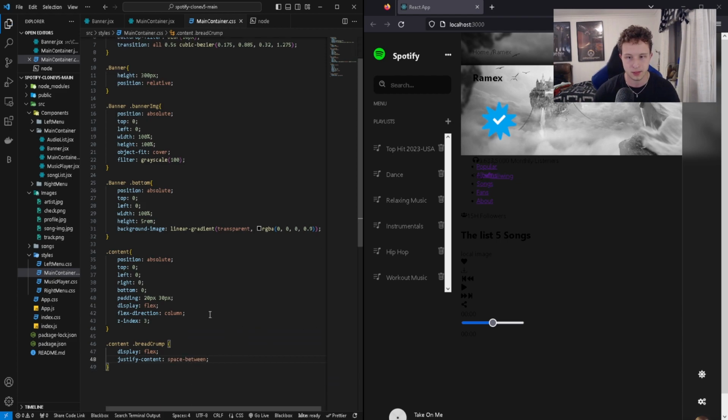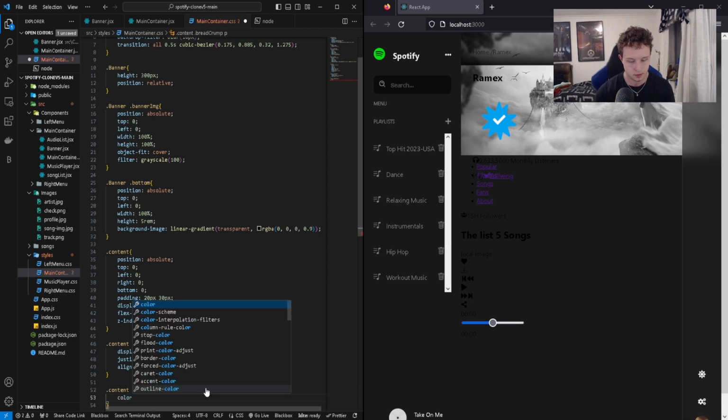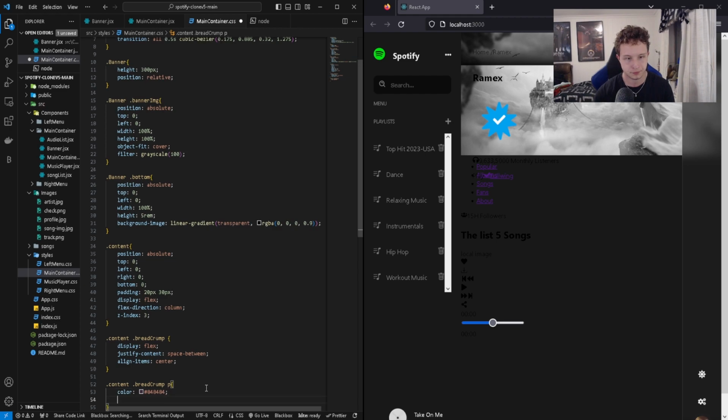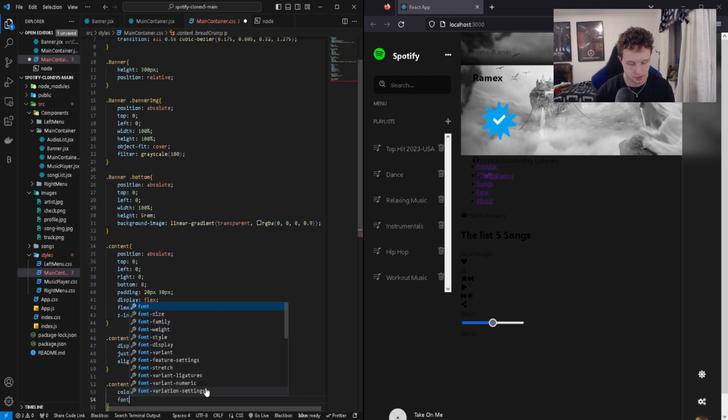And we also want to have align items center, so we're going to center everything horizontally, essentially. That's great. Now I want to style the p tag, so we just do .content .breadcrumb p, and inside of this we want to add a color of the hexadecimal value 848484. And here we want to have a font size of 14 pixels